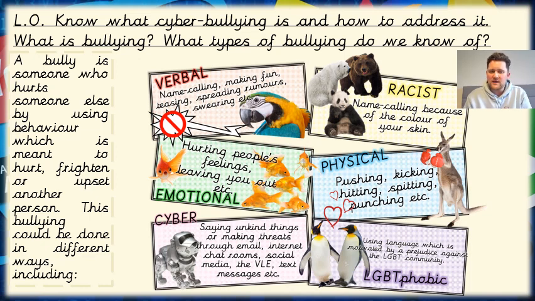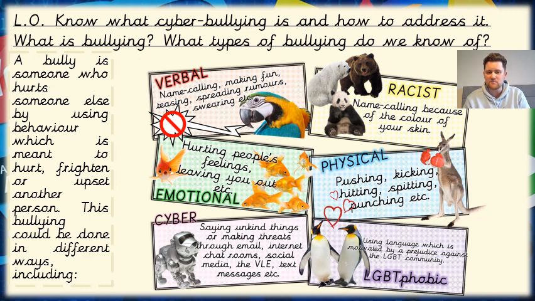So verbal bullying means calling people names, making fun of them, teasing them, spreading rumours, using inappropriate language. It could be racist bullying, name calling because of the colour of a person's skin, or because of where they come from in the world, because of their religion or their culture, because of their accent,